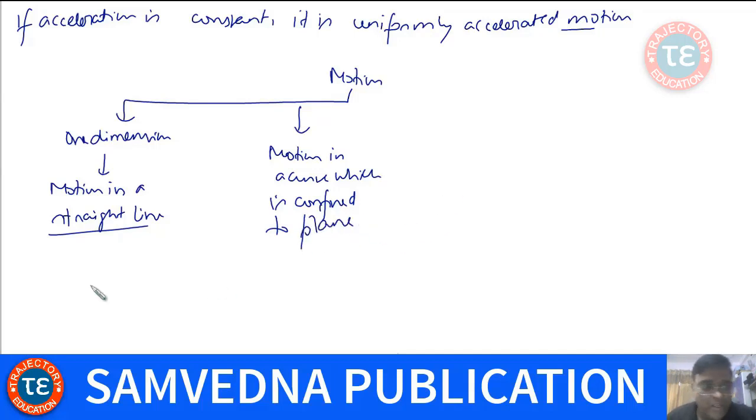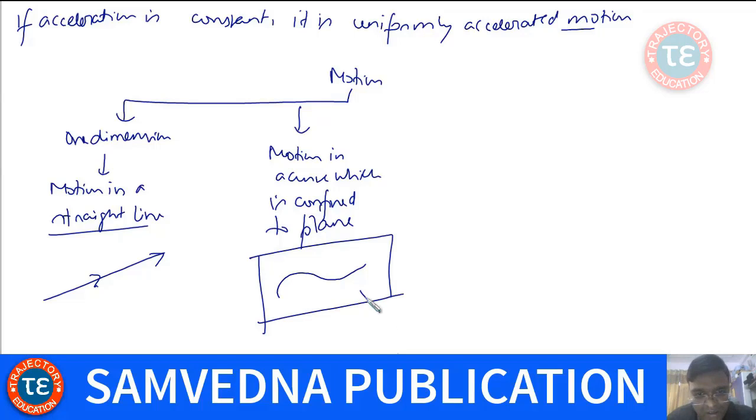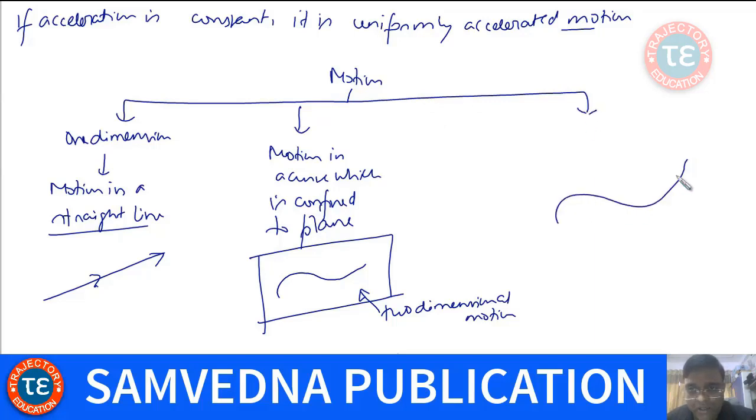if it is moving in a straight line, moving like this, then we say it's one-dimensional motion. If the body is moving like this and this curve is confined to a single plane, then it's a two-dimensional motion. And if it is moving in a curve such that this curve is not confined to a plane, the curve is not lying in a single plane, then we say it is